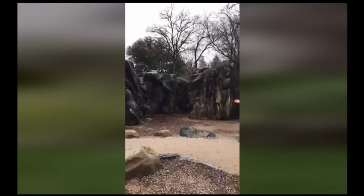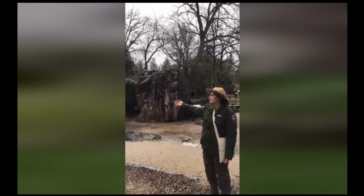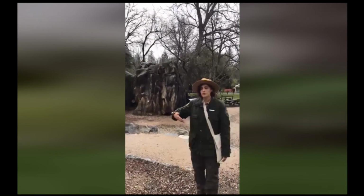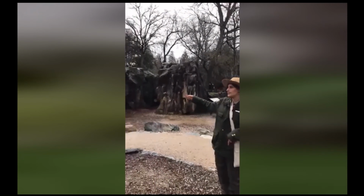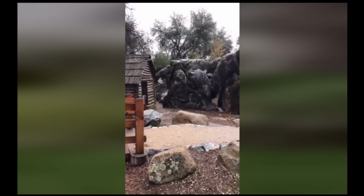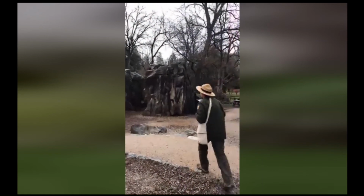But we do have these huge boulders all throughout Columbia, all throughout this area. These boulders were uncovered during the gold rush by miners using pickaxes and shovels as they were looking for gold. If you can get a look at these rocks again, you can see there's even some markings on where the pickaxes and the shovels carved away and chipped away at the rock. So let's go